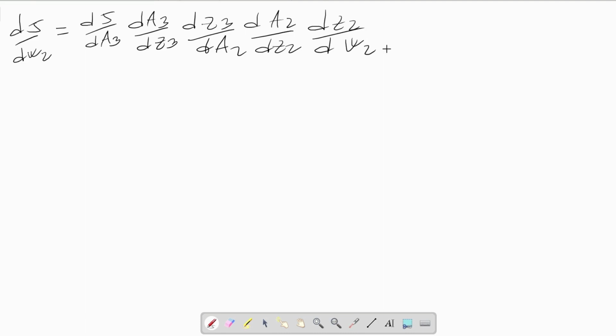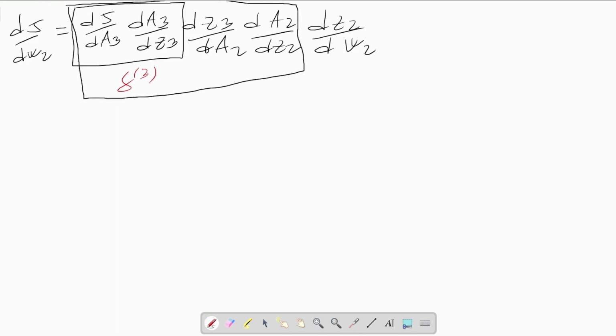Now it seems complex, but it's not. Simply because these first two terms correspond to the delta that we've already computed. This is delta 3. And these terms correspond to delta 2. So we can say that the delta of the next layer is useful to compute the delta of the previous layer. So for computing delta 2, we need to multiply delta 3, so the delta of the next layer,